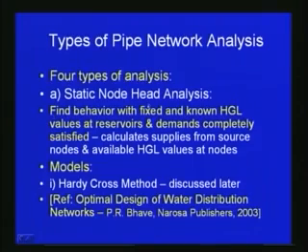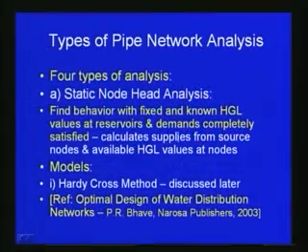So, in the static node head analysis, our aim is to find the behavior with respect to the already known HGL or hydraulic gradient line and the fixed nodes, and then we assume that all the demands are completely satisfied,